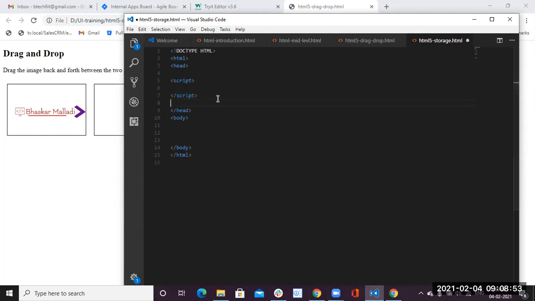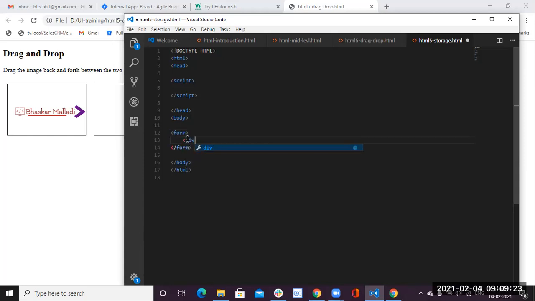Actually, we will use this storage in future programming also, but before going there, we can see here how local storage will work and how session storage will work. What I am doing is taking one form, and keeping that form data in storage. First, we'll keep that form data in the session storage.